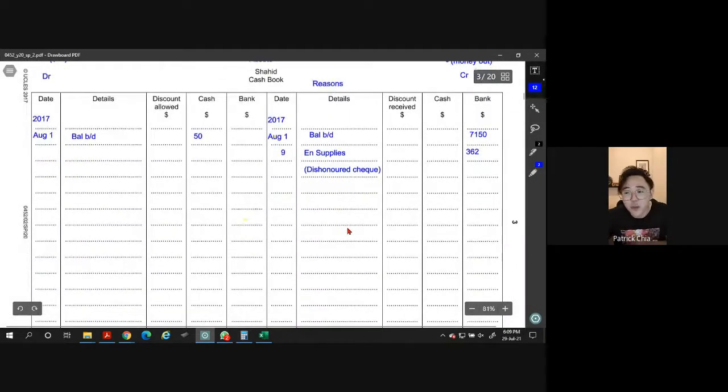Okay. In order to get marks, you must put in the correct place, in the correct column. Is it by cash or by bank? And then they look at your details. Your details wrong, sorry, they won't give you marks. Any question here? Okay. So for dishonored check, always remember you have to record and it's always at the money out. Check being rejected, money out. Okay? Any questions? Let's move on.